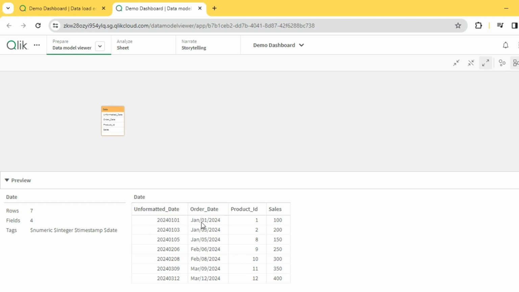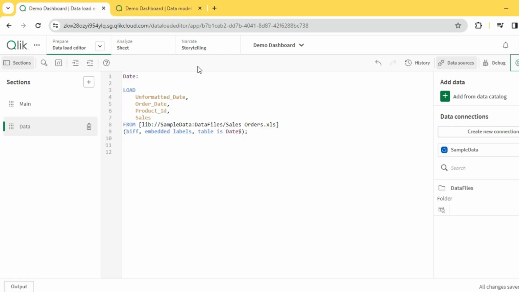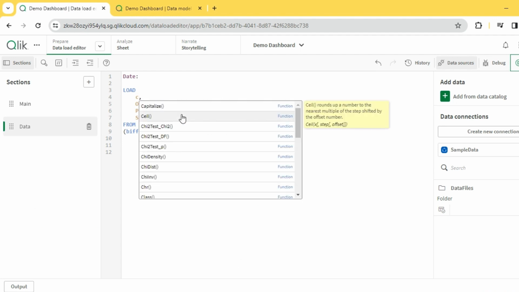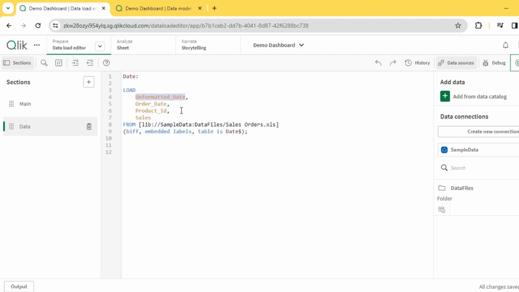But for columns which are already in a proper date, where you still want to convert them into some other format, we can go with the Date function. If the field is not already in a proper date data type, we first convert it into a date using Date#. So let's convert